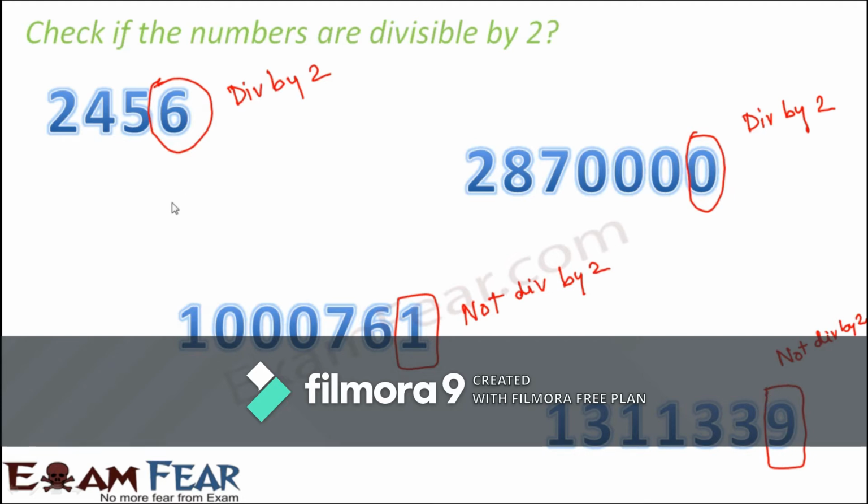Now, if you want to cross check that, okay, fine, I do understand the rule and I also see that it works. But if you want a real verification by doing a real division, we can do even that. Let us actually divide 2, 4, 5, 6 by 2 and see if it is getting divided by 2 or not. So you see it gets completely divisible by 2. In a similar way, if you perform actual division, you will see that the first two numbers are divisible by 2 and the last two numbers are not divisible by 2.